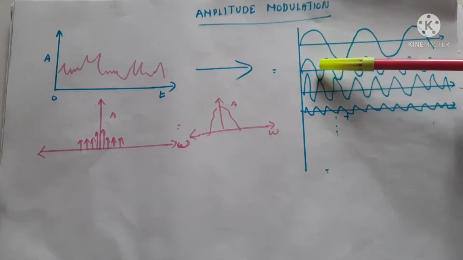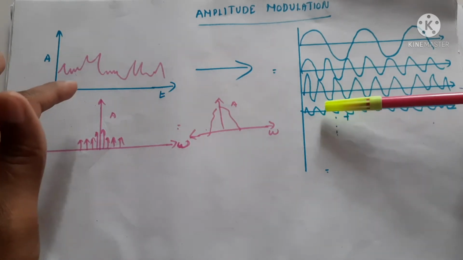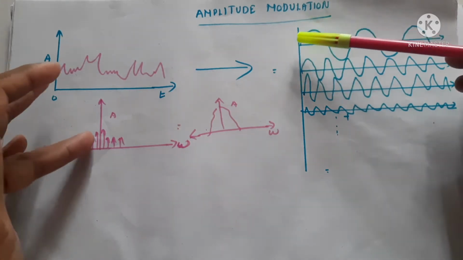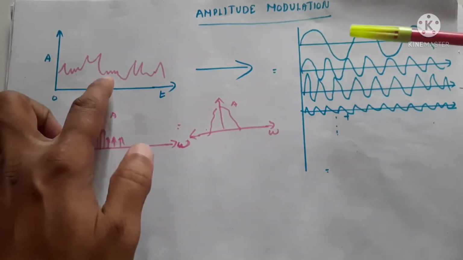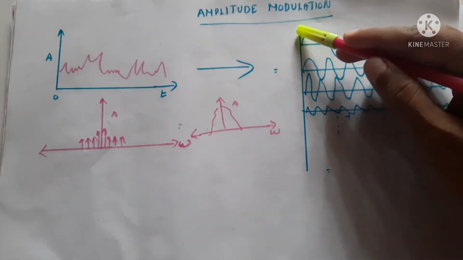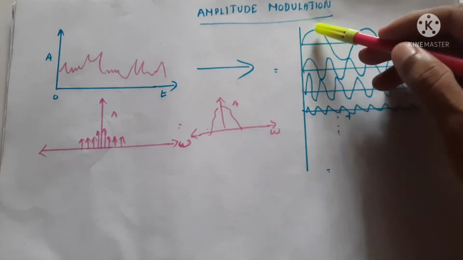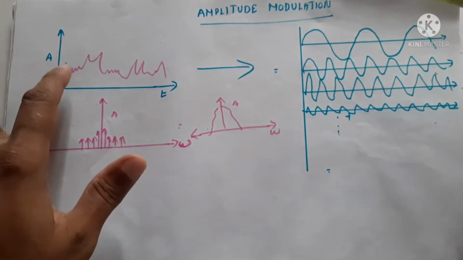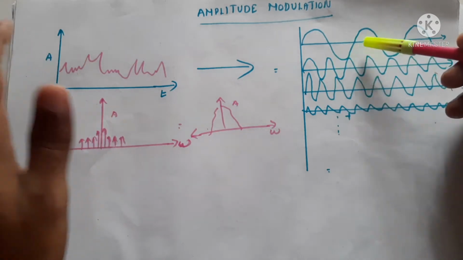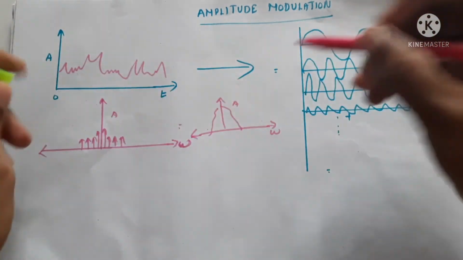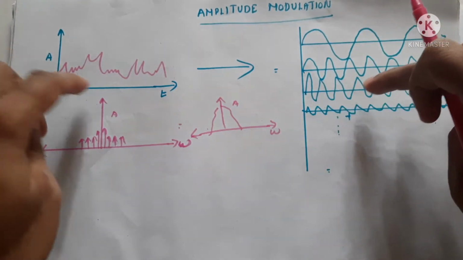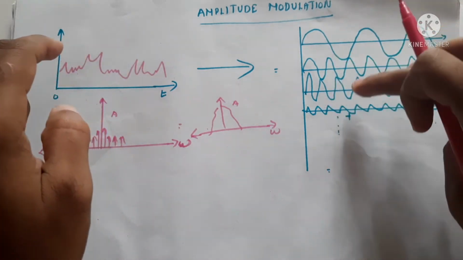If a number of sine waves are added with a definite, corresponding amplitude, we can reproduce this signal. So by adding sine waves of different amplitudes, we can produce the same signal, or we can represent this same signal. This is called Fourier transform. The Fourier transform means the frequencies that are contained in this voice.